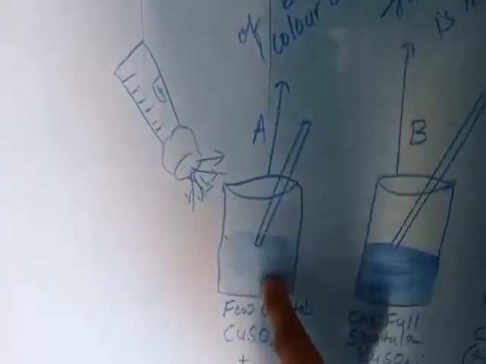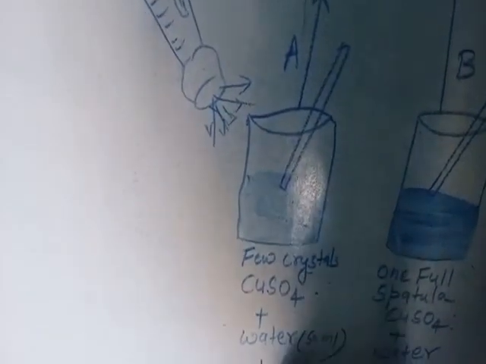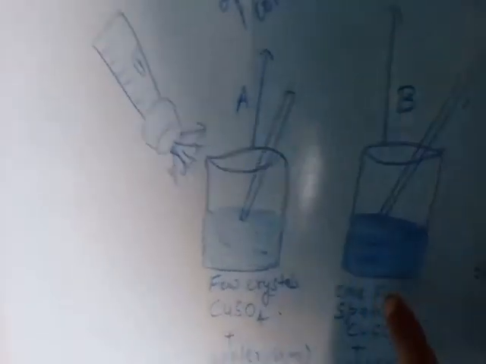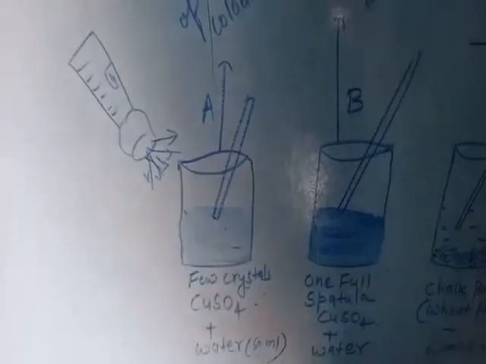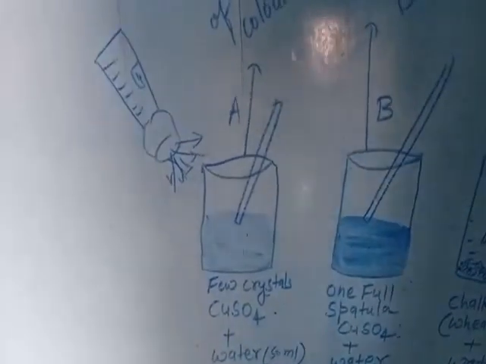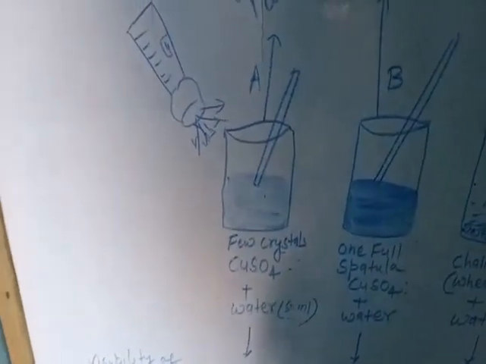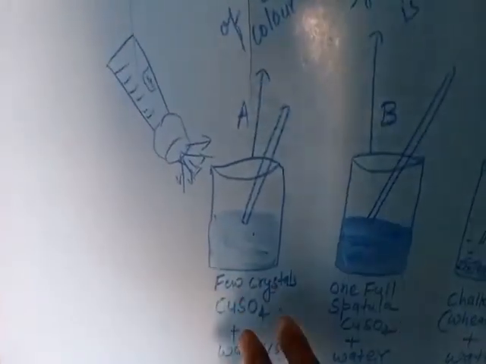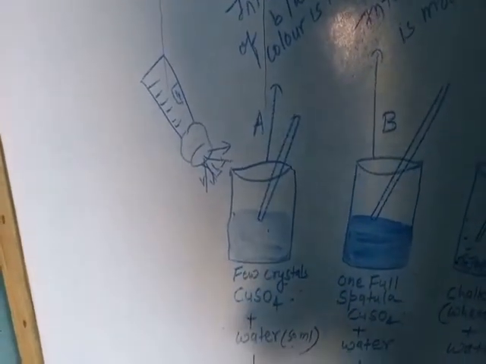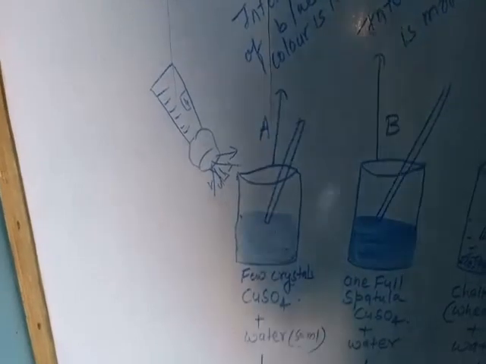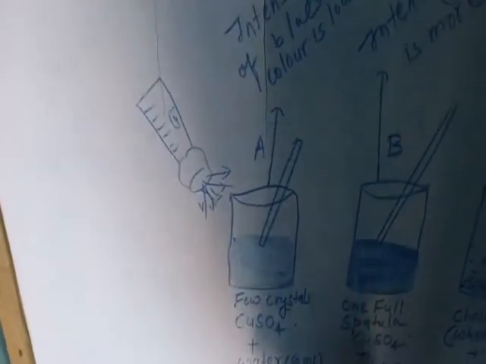The sets of these two beakers are different because the amount of CuSO4 mixed with water in beaker A is different from the amount of CuSO4 mixed with water in beaker B. That is why we can say that for making copper sulfate solution, or any solution, the amount of the solute particles and the amount of the solvent is different in different solutions. Similarly it happens in copper sulfate solution also.